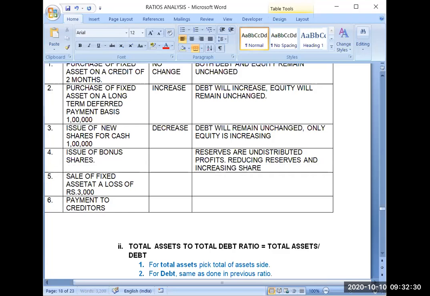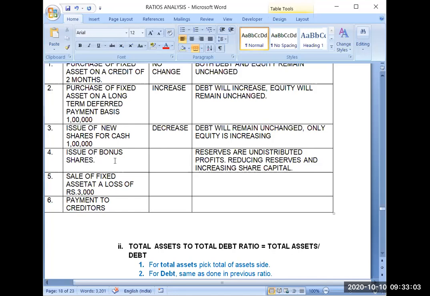One more thing I want to highlight here, that if you remember the balance sheet, both share capital and reserves, both are part of shareholder fund, both are part of equity. So what is happening? Only the form is changing. Reserves are getting converted into equity share capital when you are issuing bonus shares. This is called issue of bonus shares. When you are issuing shares to the existing shareholders out of your reserves.